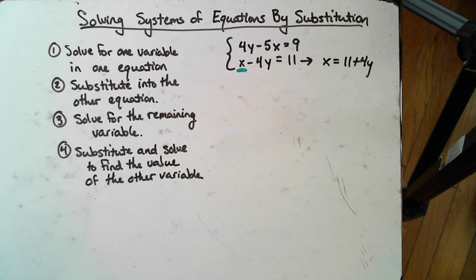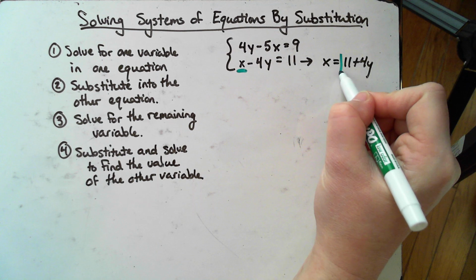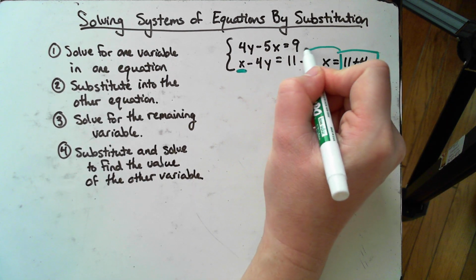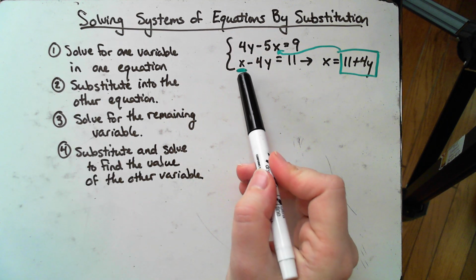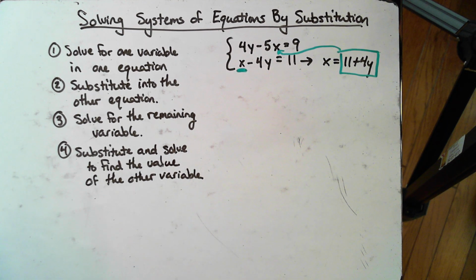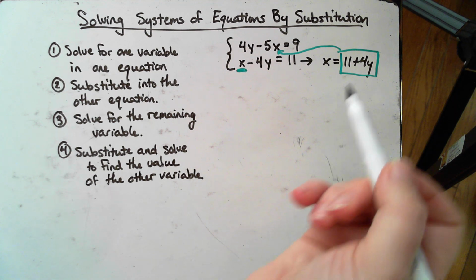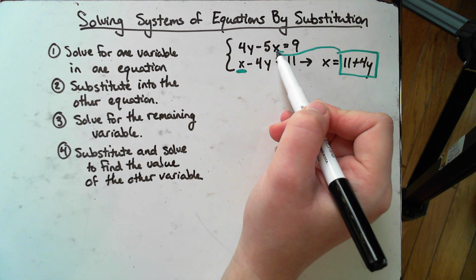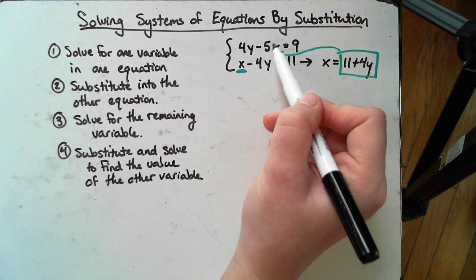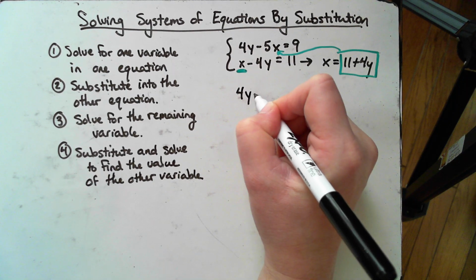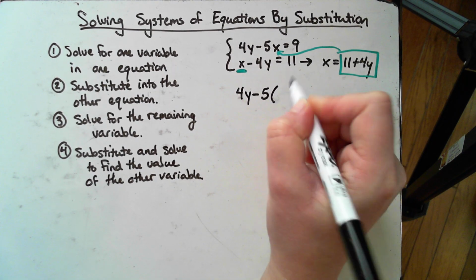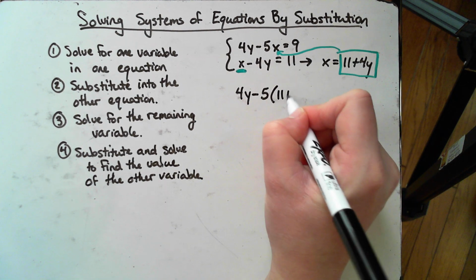Now that I have that, I can take this and put it in anywhere I see an x in the other equation. And it has to be in the other equation. It can't be in the same equation you just solved because it's not going to work then. You're just going to get something that's always true, like 10 equals 10 or 11 equals 11. So it always has to go into the other equation. So I'm going to replace this x with 11 plus 4y. So I have 4y minus 5 times x, and that's 11 plus 4y